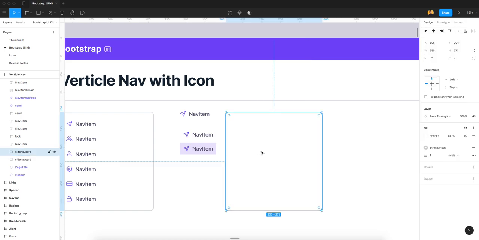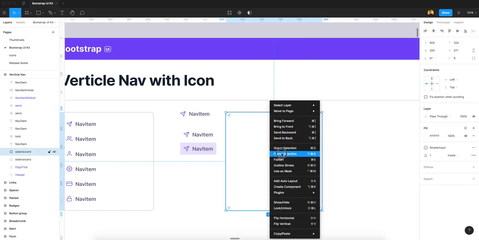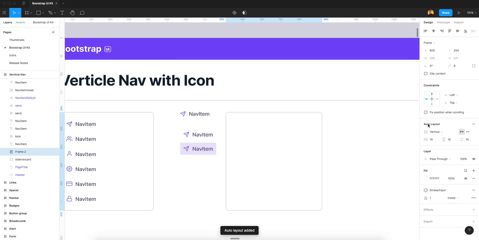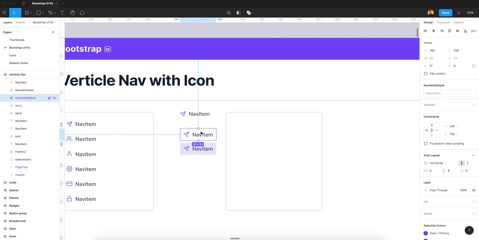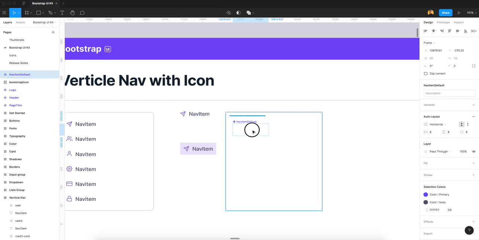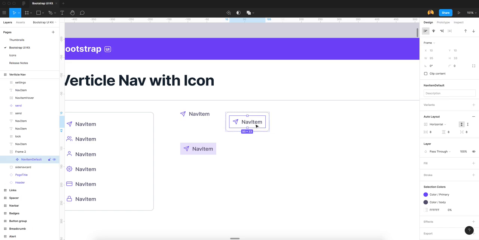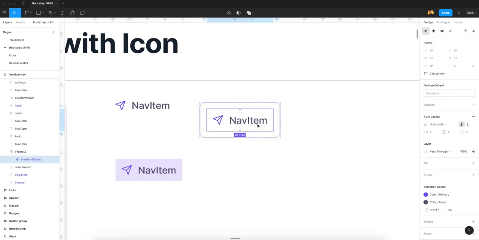Okay, I'm just clicking this and converting into frame and adding auto layout. Now you will find the total space between horizontal 10 pixel and top bottom 10 pixels. Now I'm going to add this nav item default into this side nav card. See, now you calculate this total space.